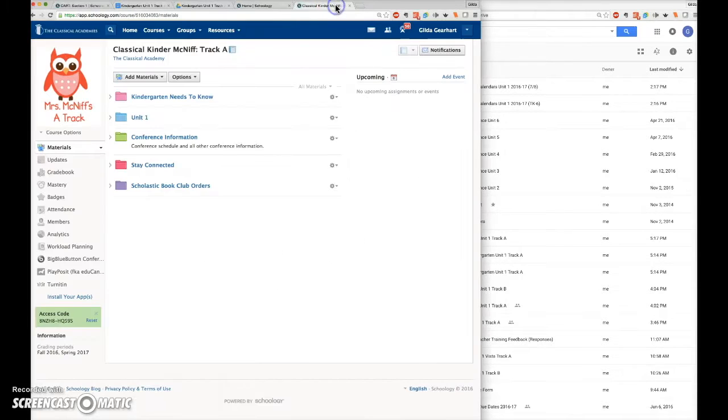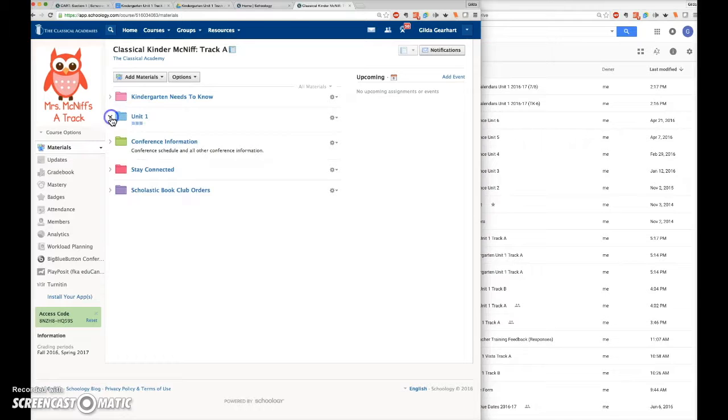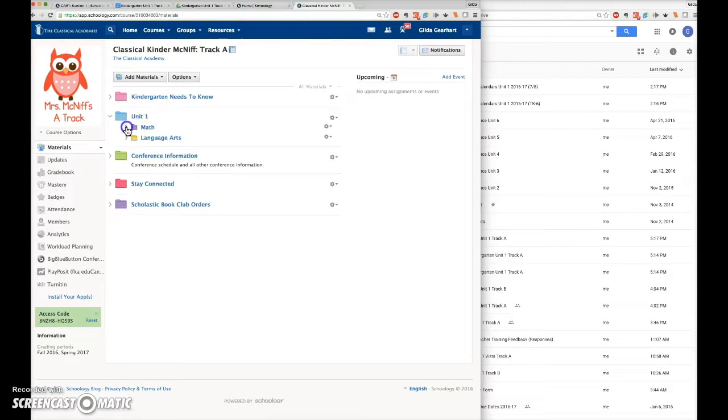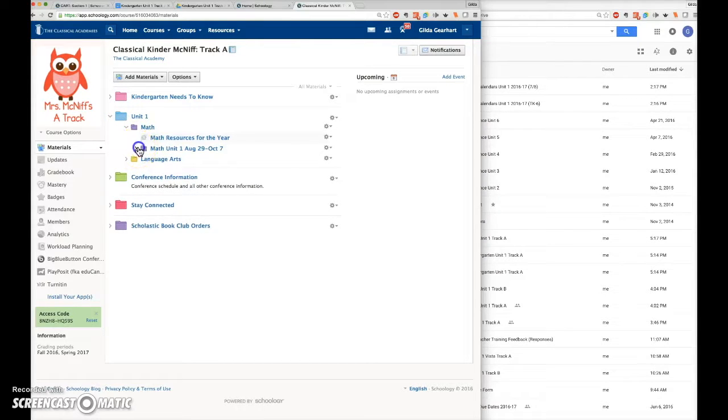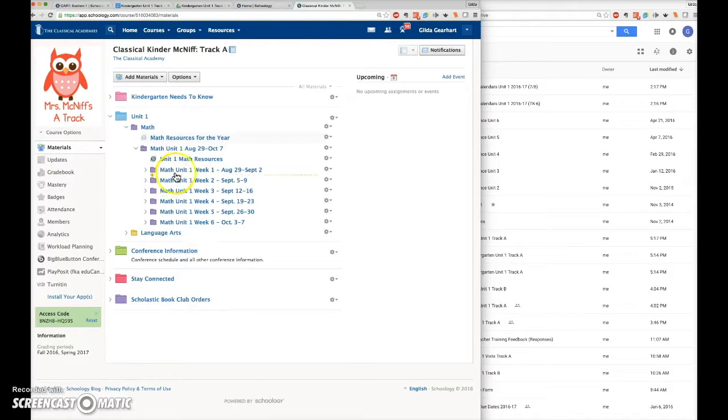In another tab, open your Track A course. So here I am looking at that kindergarten Track A course. Let's go ahead and link some math lessons. So I'm going to expand the Unit 1 folder and expand the math folder, and then the math Unit 1 folder. I'm going to actually click on the title of week 1 to open that